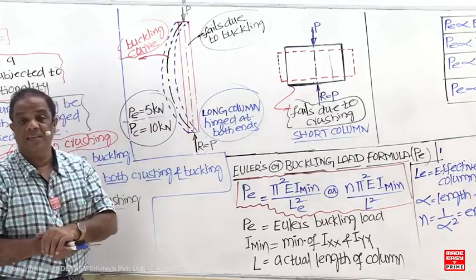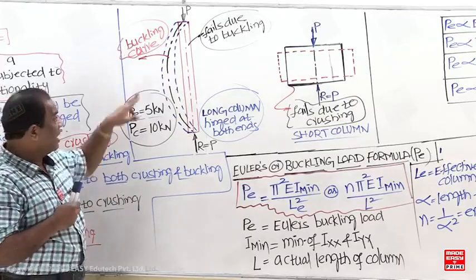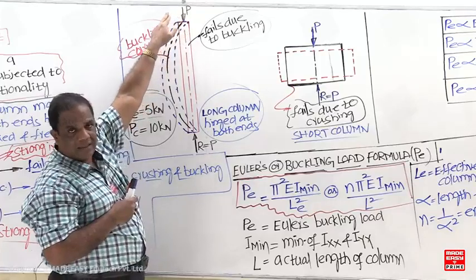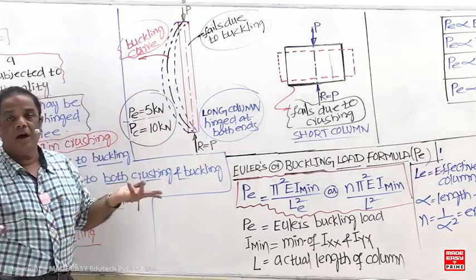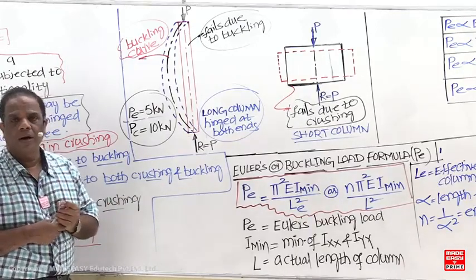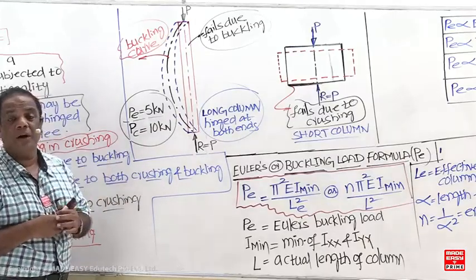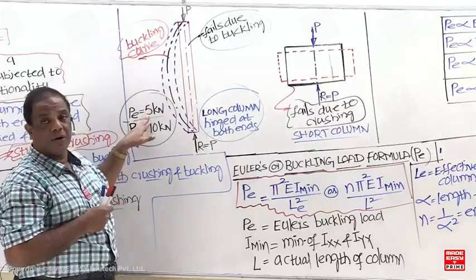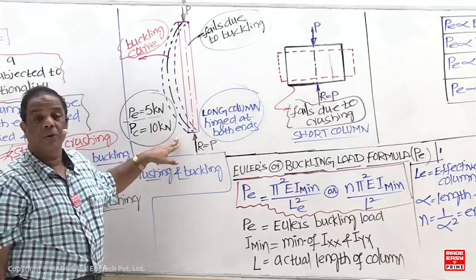Now the condition is, we have to design in such a way that what now? Which failure will occur first? If the load gradually increases, whenever this load is greater than 5 kilonewtons, what happens? Buckling will occur. Then the column is said to have failed. So we have to design such that neither crushing nor buckling should occur. But here, which failure is likely to occur first now? Buckling is likely to occur. Whenever this load is greater than 5 kilonewtons, the axis gets deviated. That's why these columns fail due to buckling.